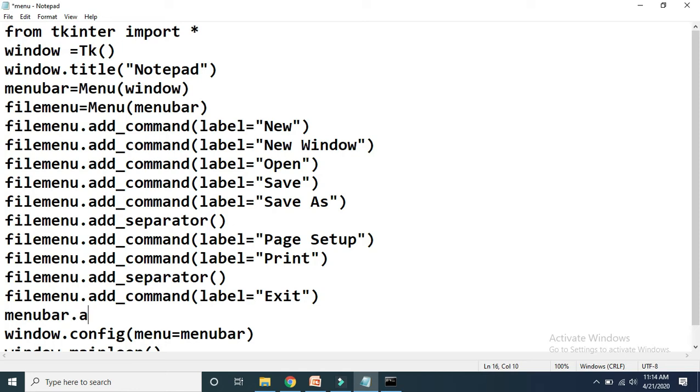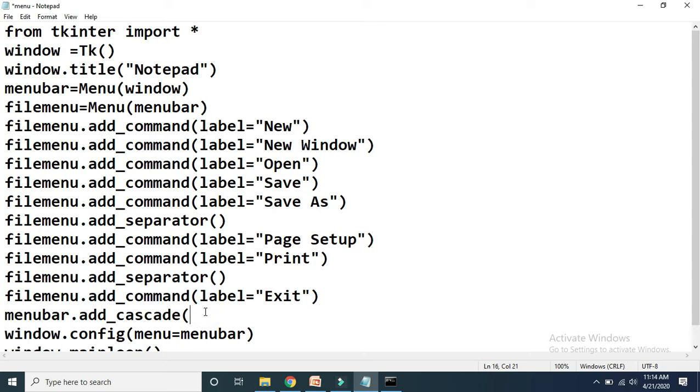We have to call one method, that is add underscore cascade. Don't make any spelling mistake. Cascade. Actually this is the code for what? This is the code for displaying this file on the menu bar. So how to display? Using menu bar we have to call add cascade.